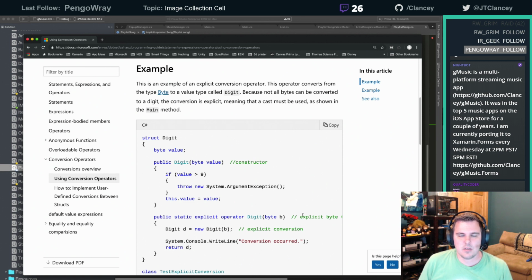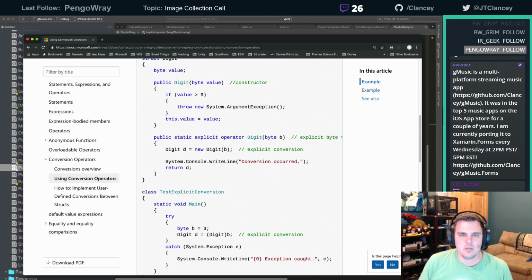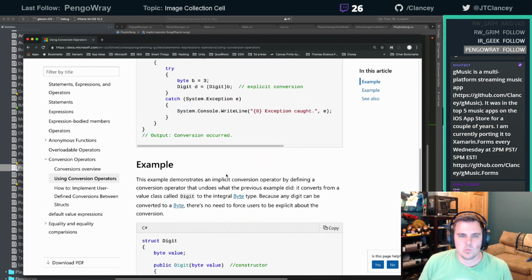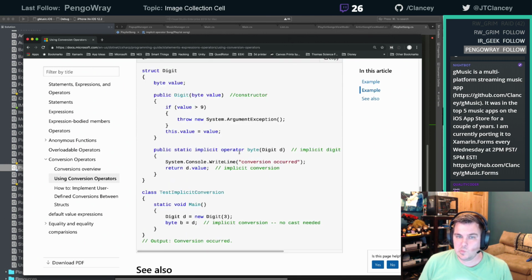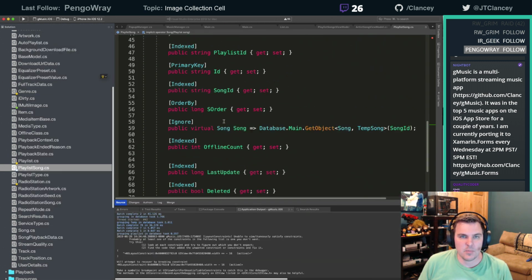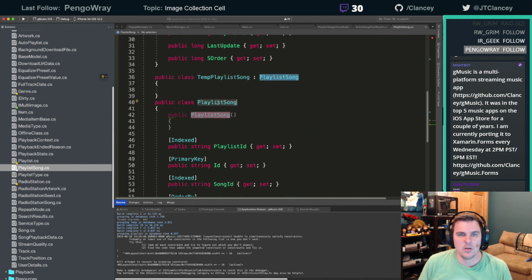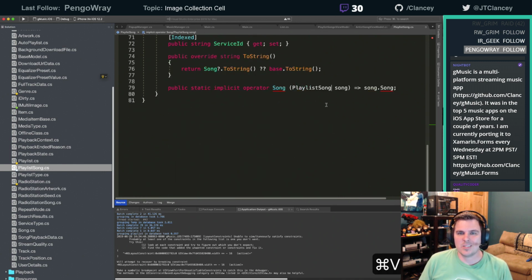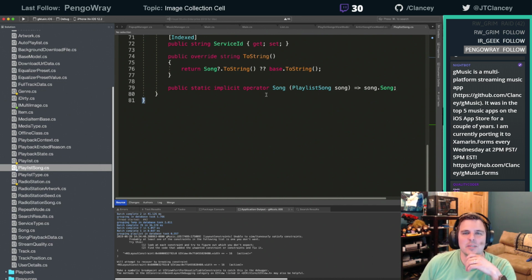Public static. That looks right. Public static. Yeah, that should be right. What did I do wrong? Did I not put it on the right type? Oh, it's playlist song. Don't mind me. I know what I'm doing. All right. So, public static implicit operator. This will make it to where now we can say the group info is